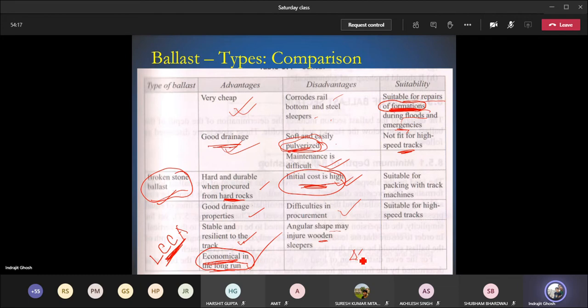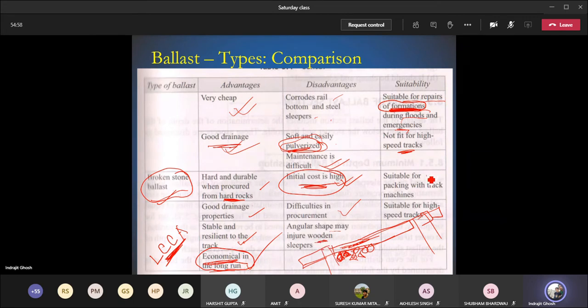So angular shape, so some of the slipper will be resting upon those stones. Now when the wheel load is coming, huge amount of wheel load is coming, locomotive having 1000 ton weight, then rolling stock, each of them having a load of 25 to 30 ton is coming. So track is going down a little bit, deflection is going on. So sometimes the wooden slipper is going to be in touch with the corner surfaces of the ballast layer, the broken stone layer. So there can be some injury to the wooden slipper.